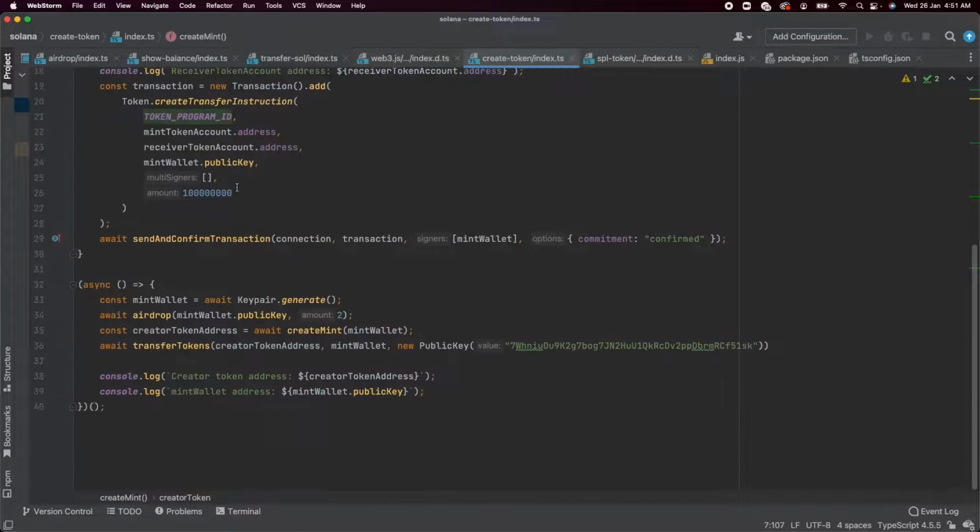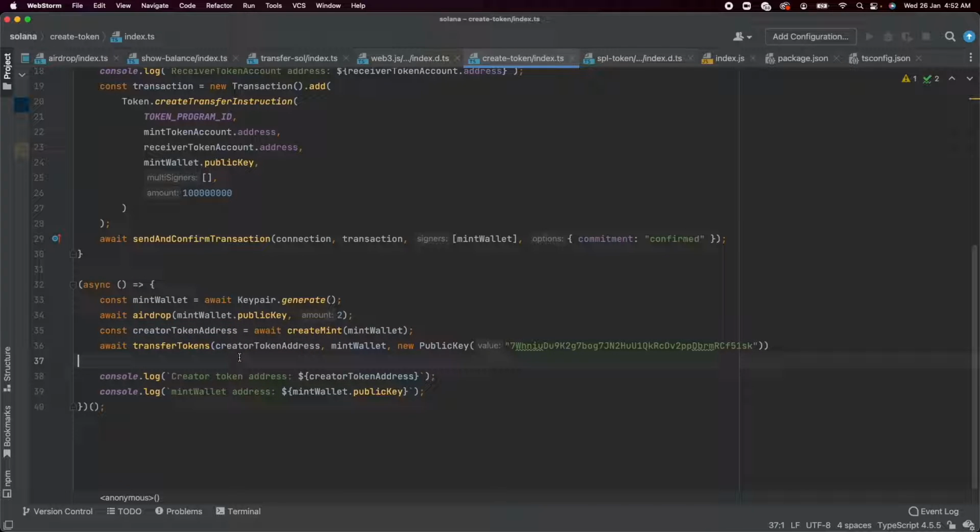Finally, after we've created this mint, we just return the public key of this newly created mint back to the main function, and that's stored into this created token address wallet. So now up until this point, you've created a new mint. You have the public address of that mint, and you also have the public and private key for the mint wallet. The mint wallet being the authority that can create more supply of these creator tokens.